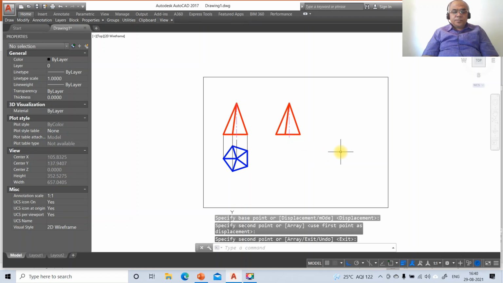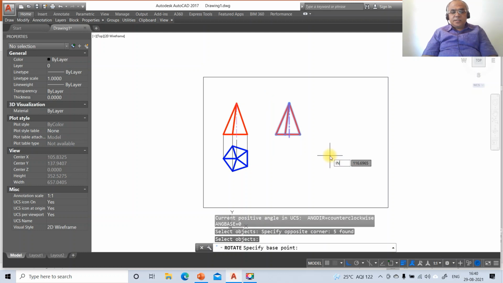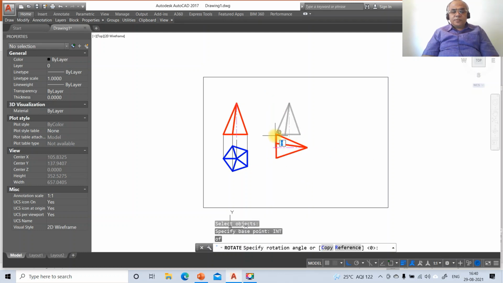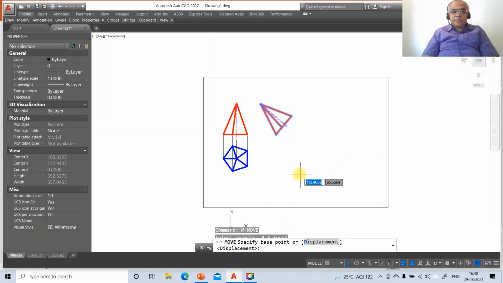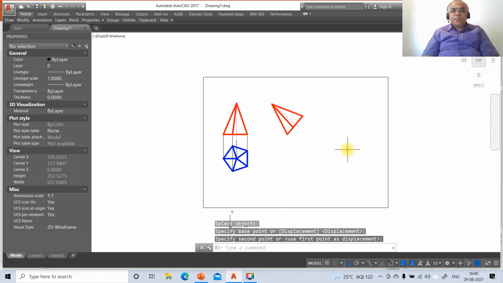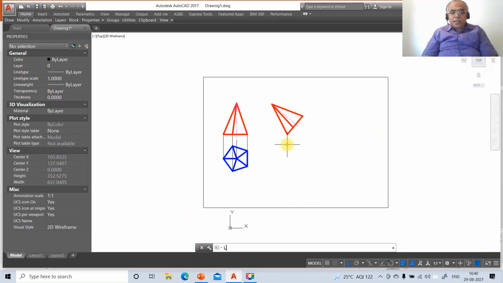Then you just go to rotate, select this and take this intersection point with reference to this, take 50 degrees. Then go to move previous and you move it here. Then we have, and you write the front view for top view for this. Then to do that, you just go to line, take int of this and you draw a line and